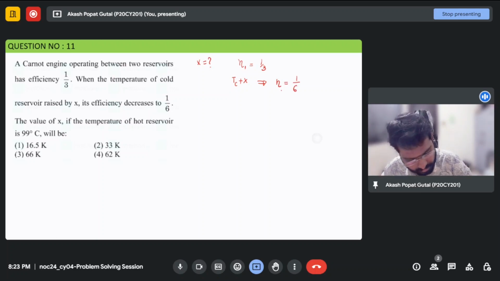Right? Its efficiency becomes 1 by 6. So we know the efficiency is 1 minus Tc by Th, and once we increase the cold temperature by x,